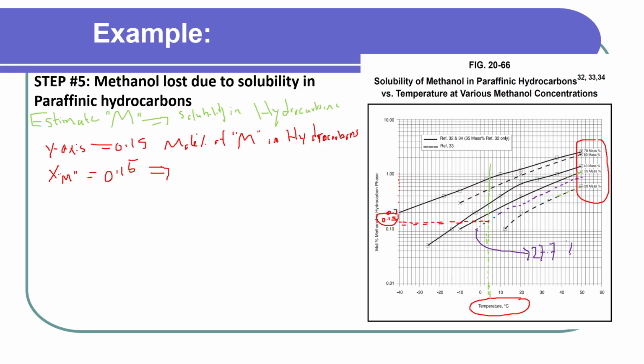We know the molar flow rate of the hydrocarbons, which we calculated as a volumetric flow rate per day and converted to a molar flow rate, and for the liquid hydrocarbons it is 881. So we can simply say the molar flow rate of the methanol equals